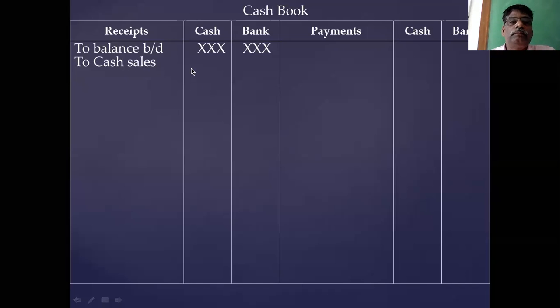Then cash sales. If sales are made and cash is received, you write in the cash column. If a check is received, you mark it in the bank column. Remember this one. Cash sale may be in the form of check or in the form of cash. Cash in the cash column, check in the bank column. Okay. The next is